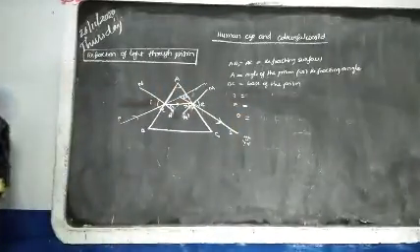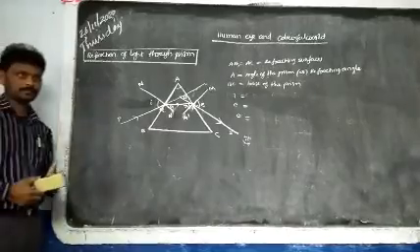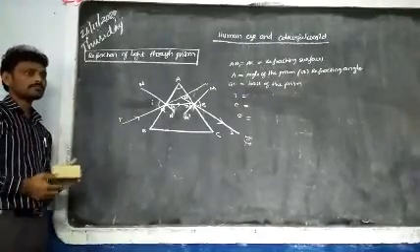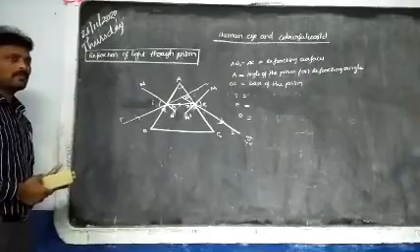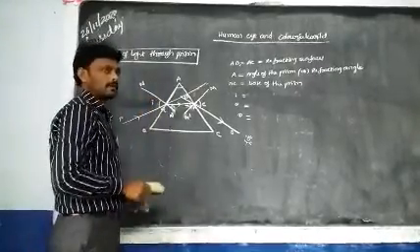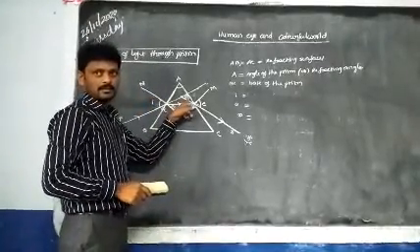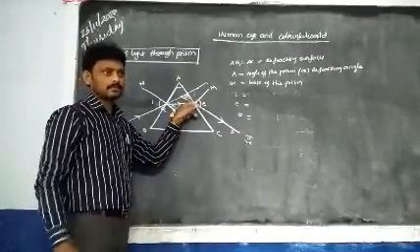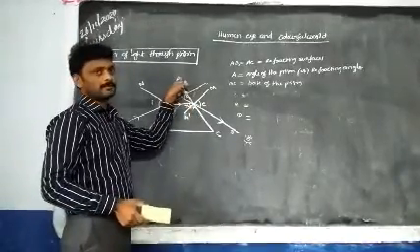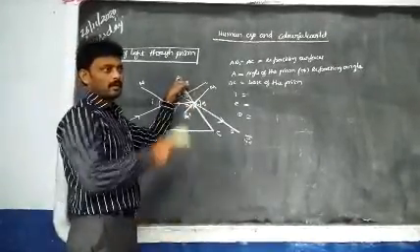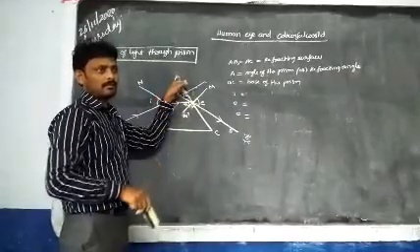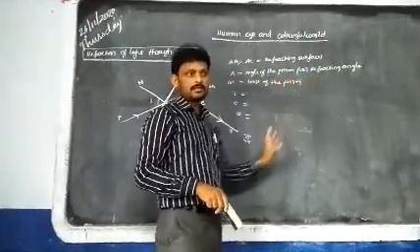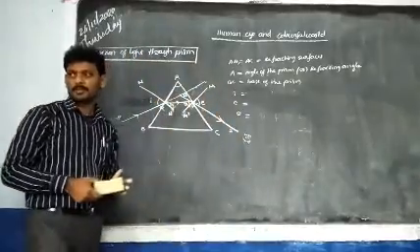So in the exam, how are they asking the questions? Listen to me. Sometimes they will give a diagram. Here they will write X. Tell me the name of X. Here they will give Y. What is the meaning of Y here? Angle of prism, also called refracting angle. So this type of questions are coming.